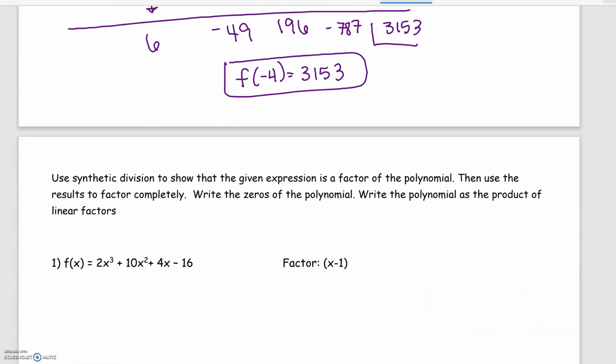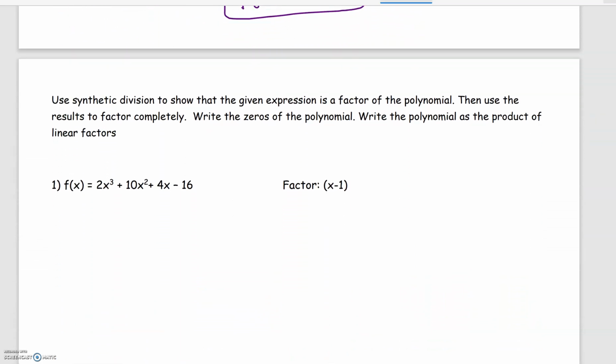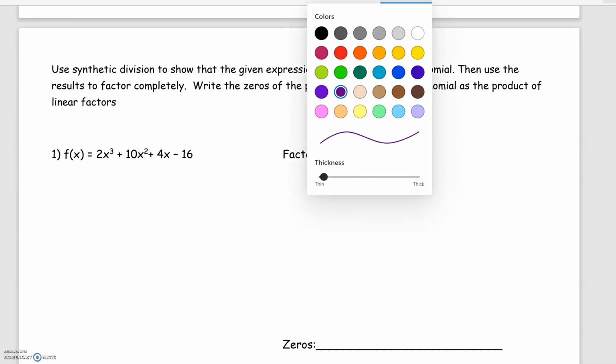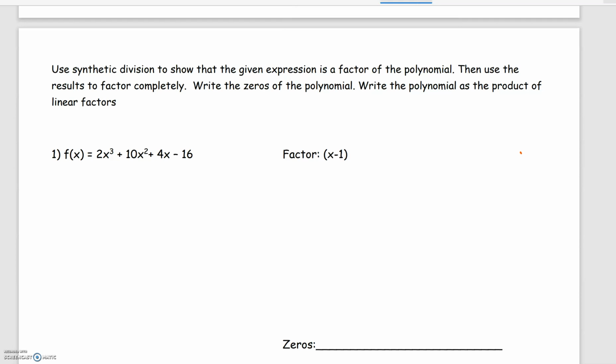We can use synthetic division to show that the given expression is a factor of the polynomial. Then, using the results of that factor, we can factor it completely and find all of the zeros of the polynomial. And we are going to write that as a product of linear factors. So let's go ahead and start with our factor here, which we're going to set equal to 0, and we're going to solve. And so we're going to use 1,